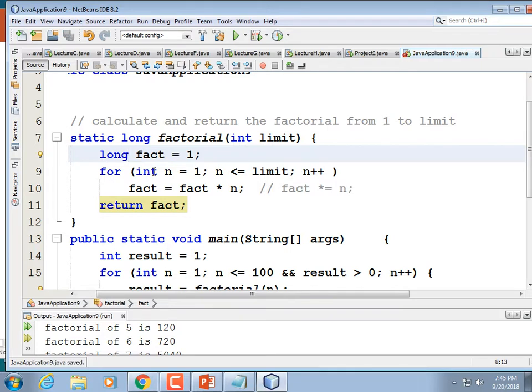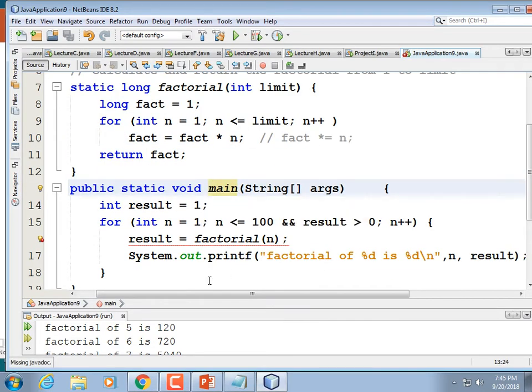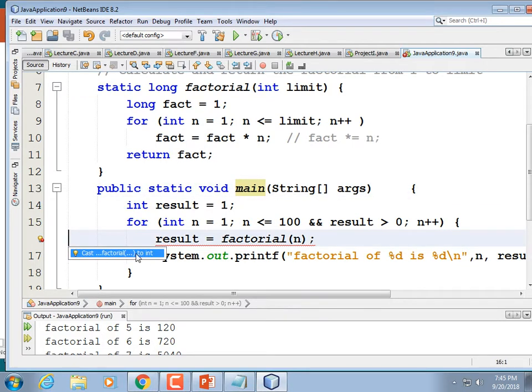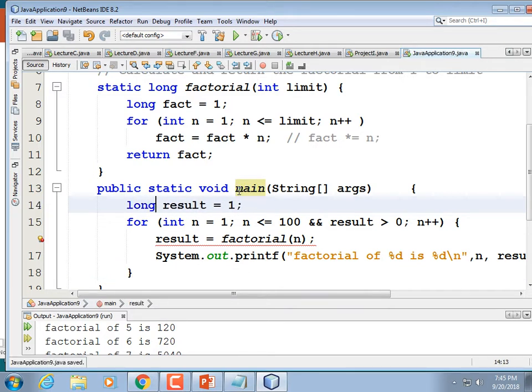Now we need to make one more change. What variable do we store the return value of the factorial function in? Result. Right, in fact, it's already yelling at us here. Incompatible types. So that's good. It's offering to cast it, but that's a stupid way of doing it. So don't always just accept their solution. Think it through instead. And in this case, the problem is that if we're returning a long, we should store